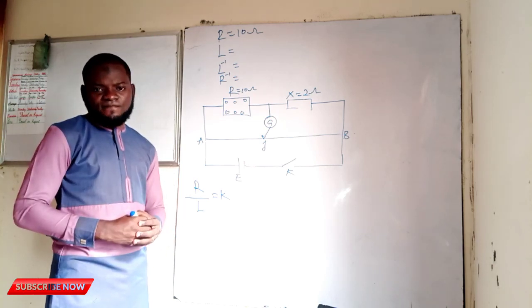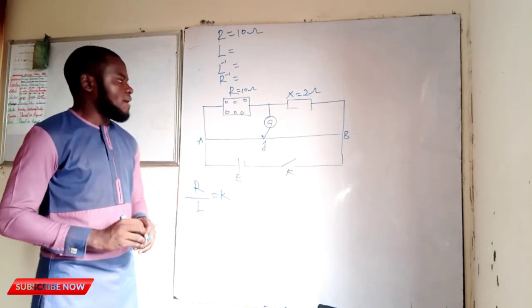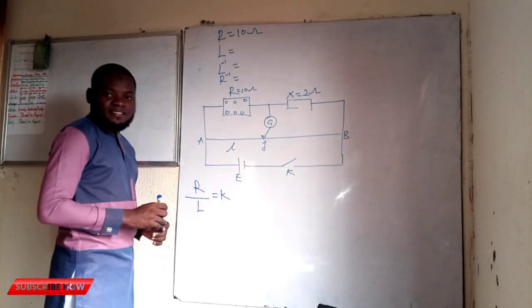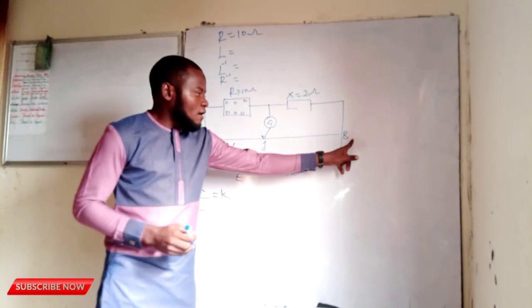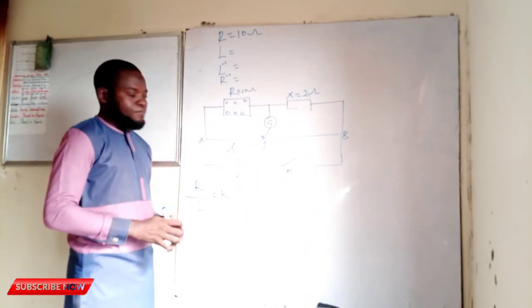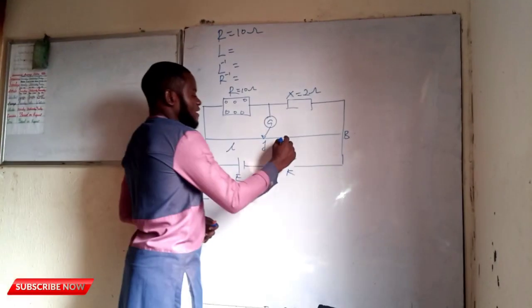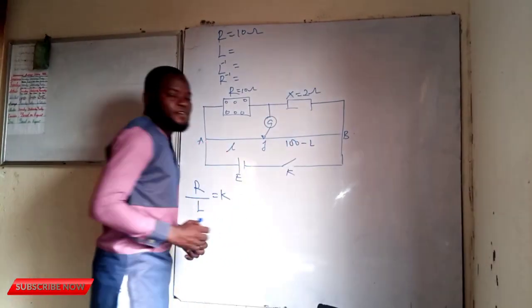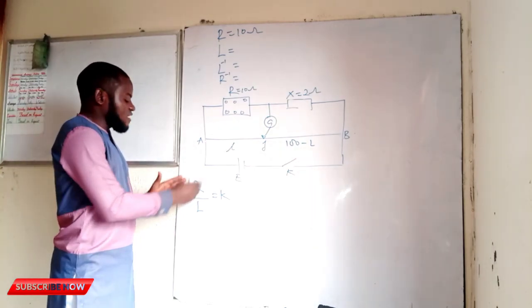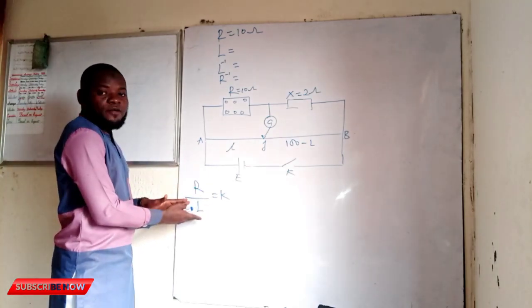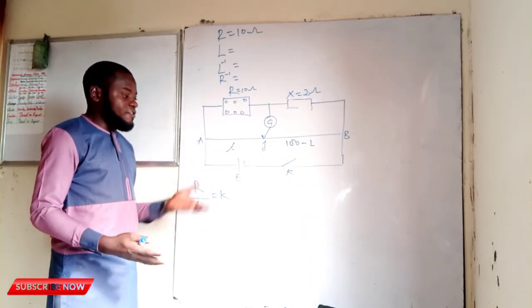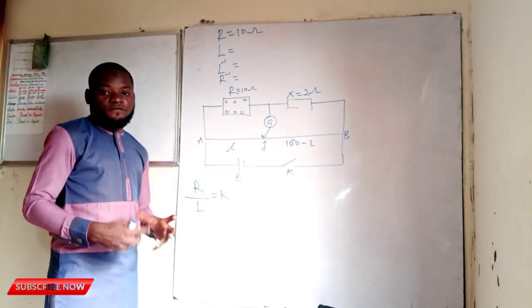I would like you to pay maximum attention. Now if from here to this place is L, like this, the entire length of this wire is 100 centimeter because it's on the meter rule. Now if this is L, this place is going to be 100 minus L. Now, haven't you known this theory that the specific resistance divided by the length is going to give us a constant, irrespective of what the value of the resistance will